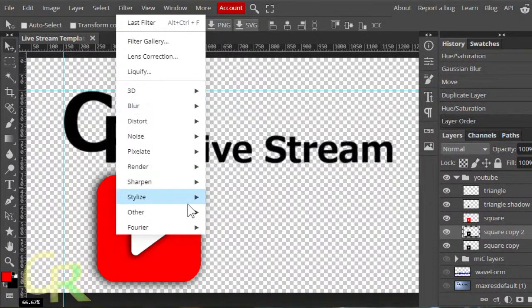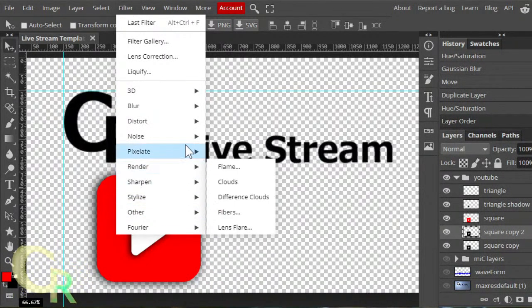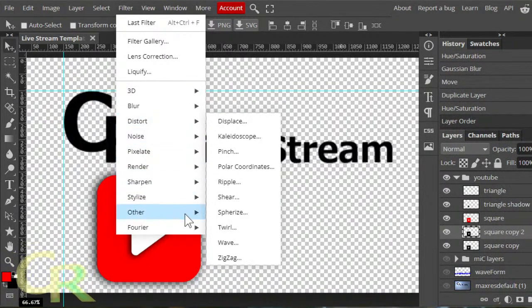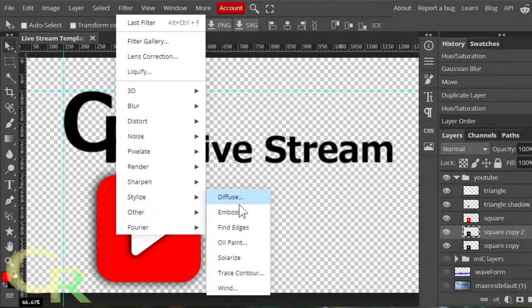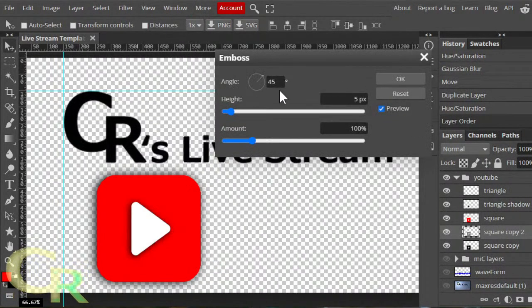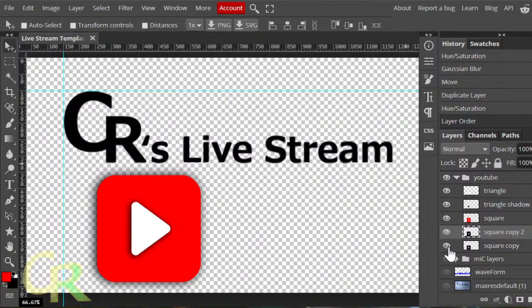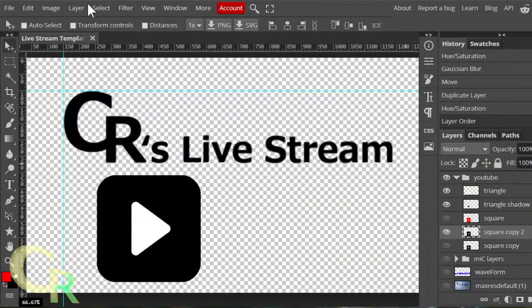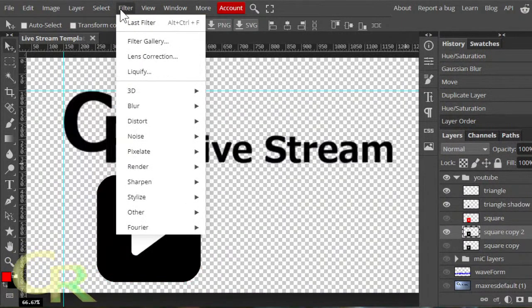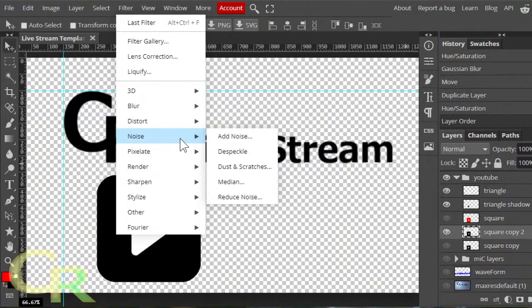Go back to the filter. And if I remember right, stylus should be boss. See, I gotta show it so I can actually see what it's doing.